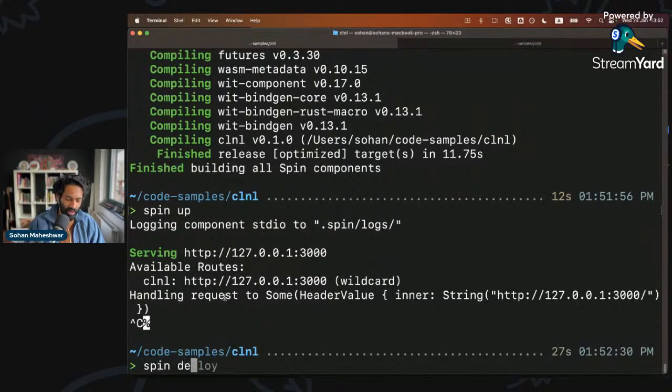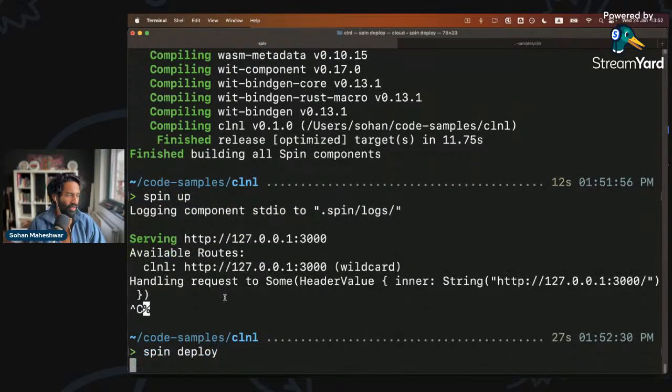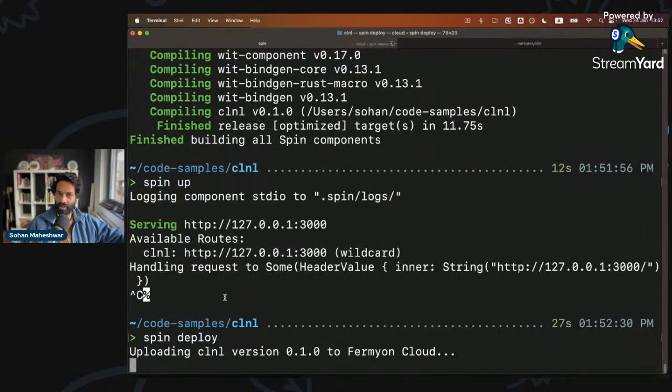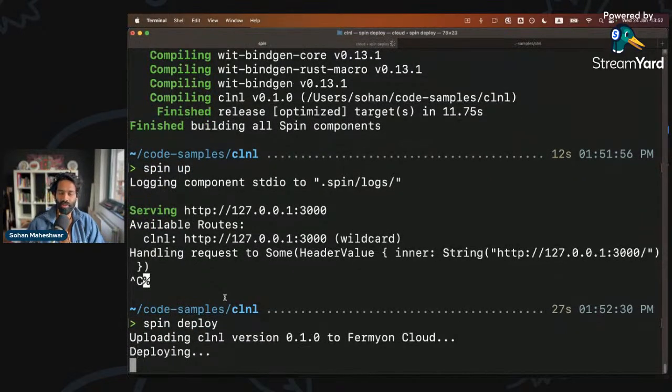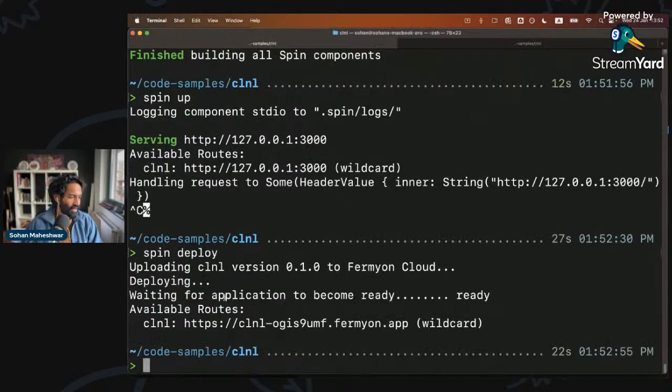And honestly, the fourth command, if I want to deploy this to the cloud, so actually run it in the cloud as a live application, I can do that with just a simple spin deploy. This connects to the Fermion cloud itself. I've already created an account and logged in, of course. It takes this WebAssembly module that you saw there and pushes it to the Fermion cloud, where this app is actually running live. So in about 10 seconds, you can see this here.